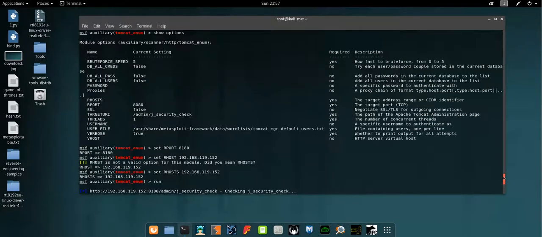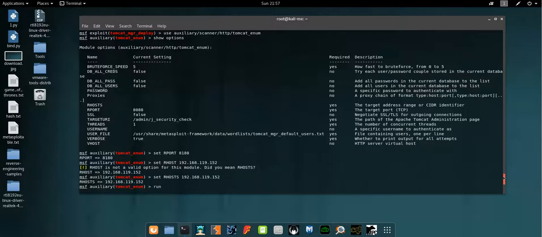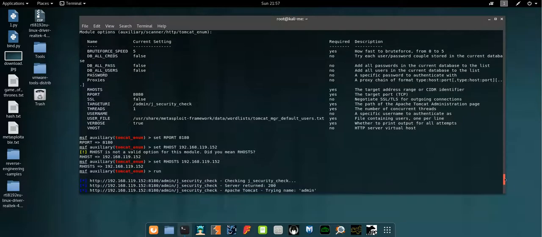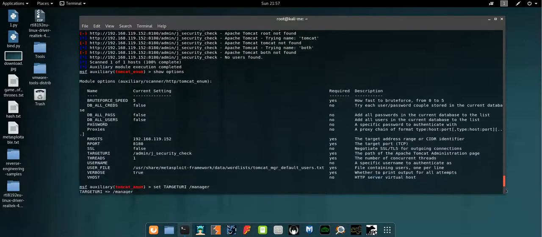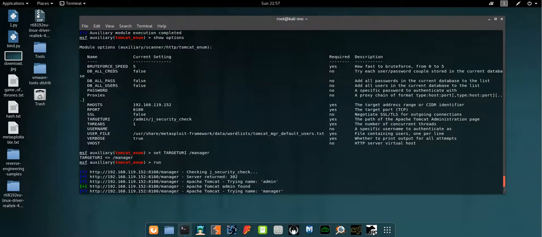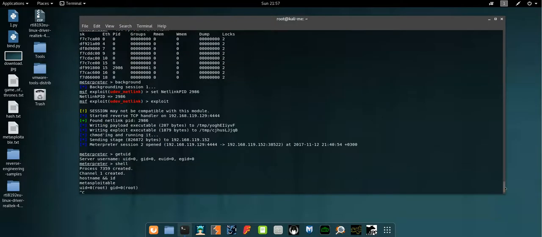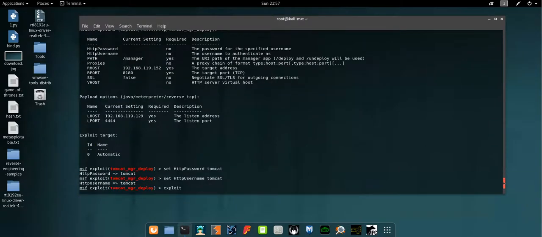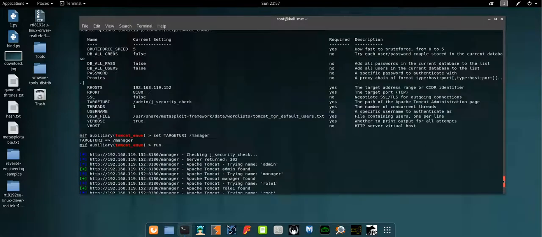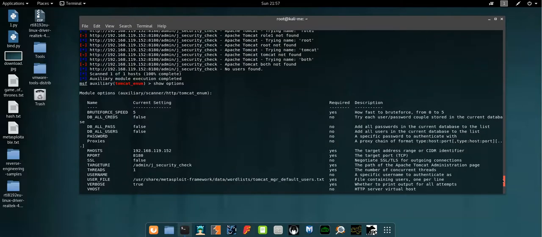The first module I used is, no, not this. After a couple of errors and trials, okay, now from here I used the auxiliary scanner HTTP Tomcat enumeration in order to find the possible usernames and passwords that exist